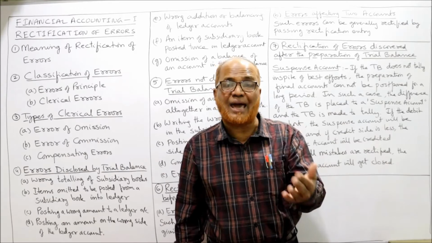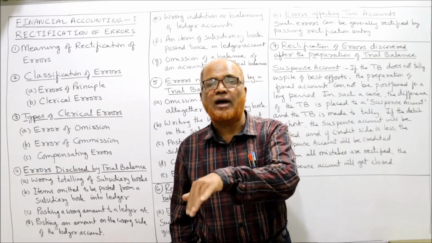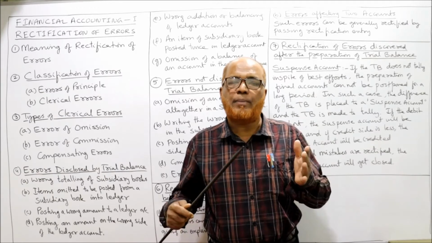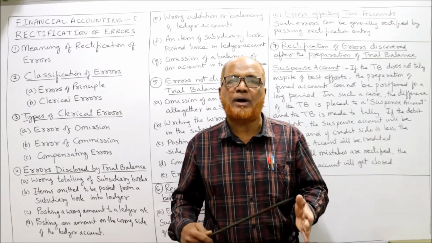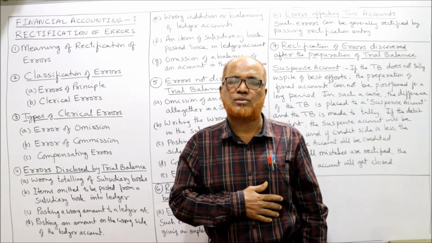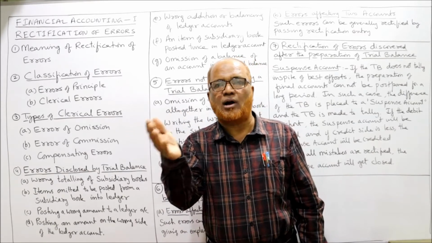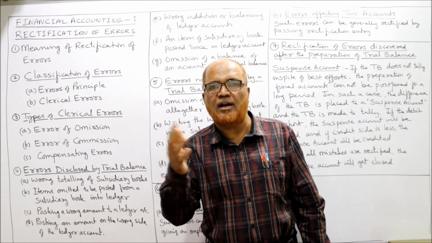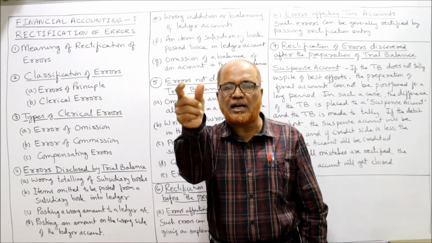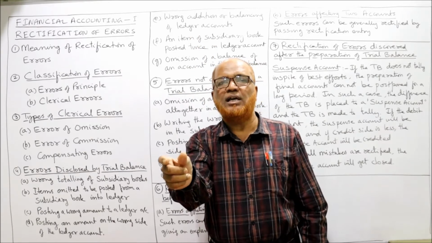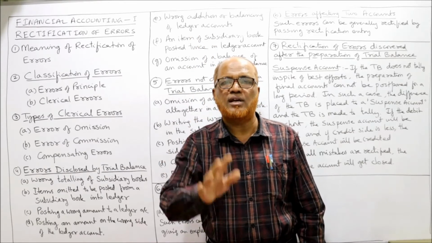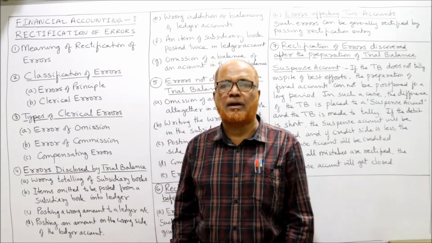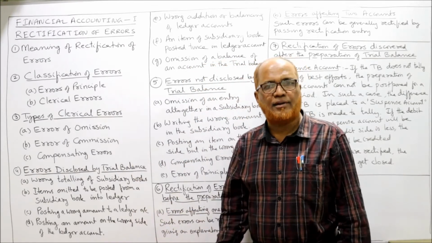He has taken a wrong amount or entered it in a wrong account. This type of errors, which are committed by the accountant or the bookkeeper while maintaining the accounts, are clerical errors. Instead of debiting X account, he has debited Y's account. Instead of debiting 1000, he has debited 100 rupees. Instead of totaling the correct amount of 10,000, he has taken 1000. The 10 he has omitted.